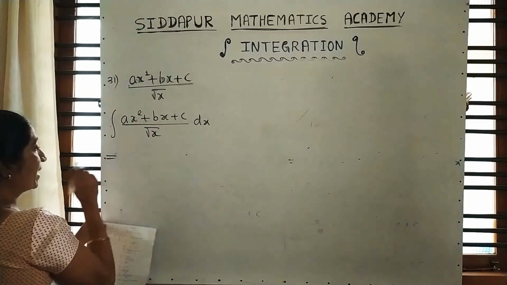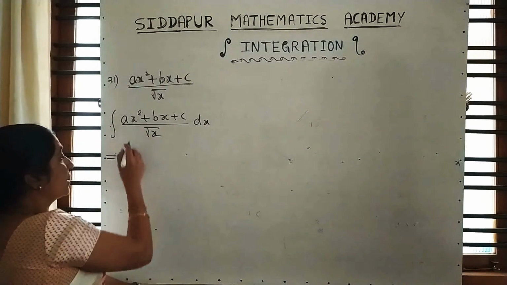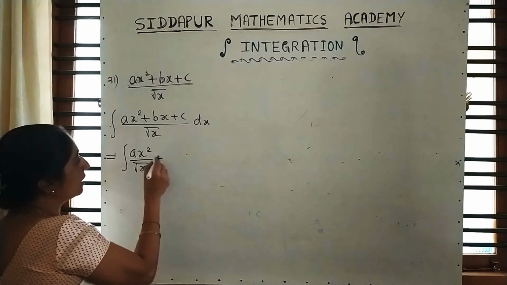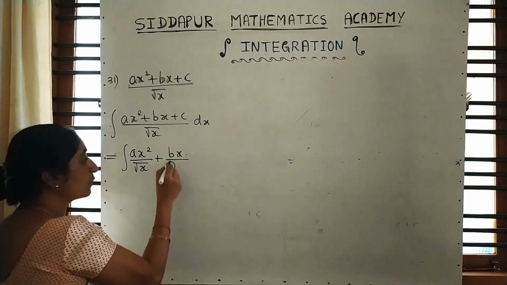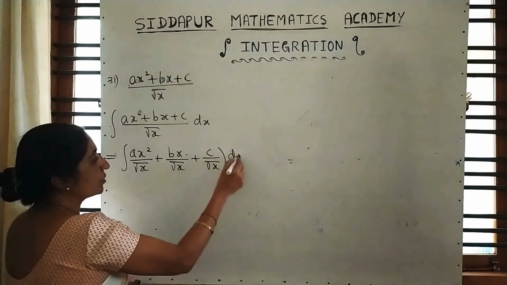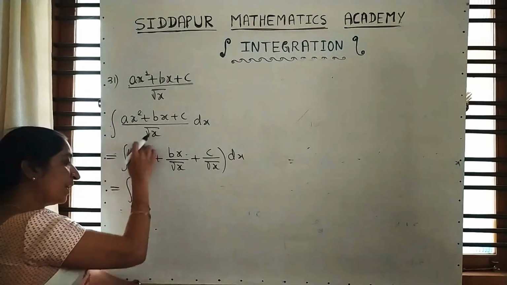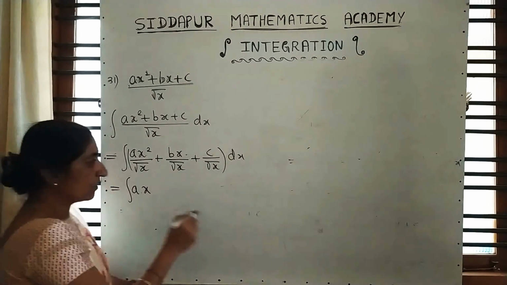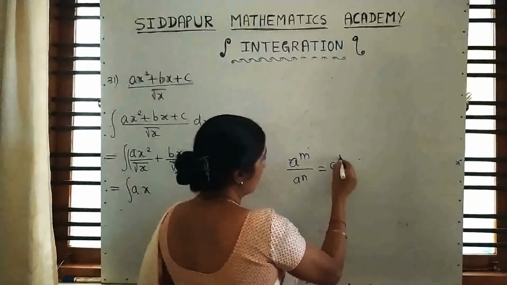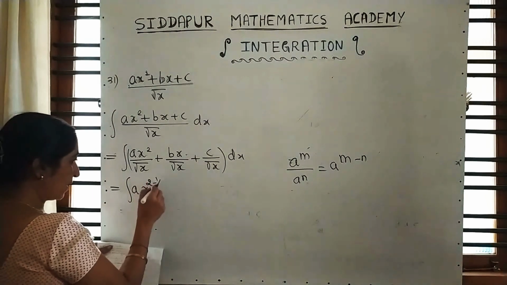Here you are familiar. We don't know the integration of u by v and we cannot apply it. Here I am writing this as, taking the denominator, we have to make it suitable for integration. The rearrangement or calculations is left with the student. Here a is a constant. When you take root x in the numerator, it is in the form of a raised to m upon a raised to n is a raised to m minus n. This formula. This is 2 minus half.